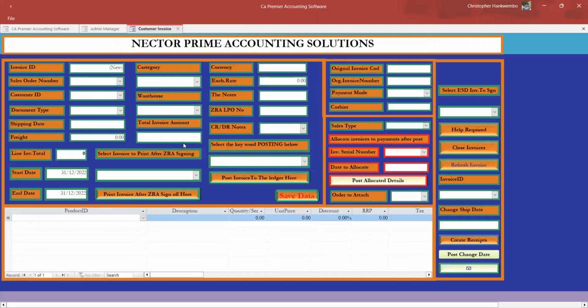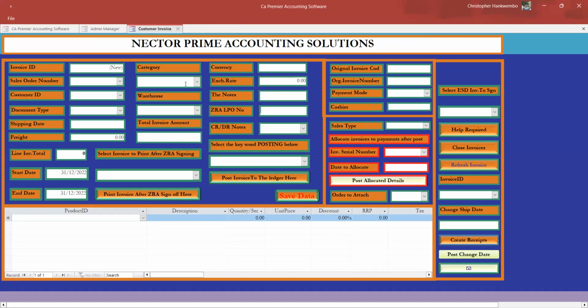So for your invoicing, you have to come and see where it's written here, ZRA LPO, or you can put your purchase order there. You can use that box to put the purchase order, then it will be written there. That's all. And what does LPO mean? LPO serves two issues. For those people who do not pay taxes, you need to get a purchase order from ZRA so that reference will be required, otherwise the invoice will not be generated. Without that, you need to put that reference there.